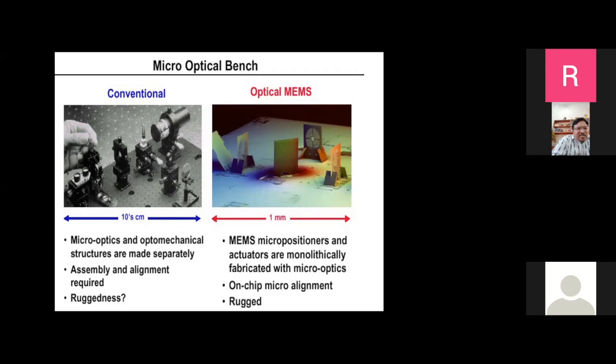Of course, because we are using silicon, we cannot make a laser or a photodetector or some active devices on the same substrate. But still, you can have a lot of control. Mechanical control is achieved by using these optical MEMS. You also avoid the problem of alignments and so on, which are needed in practice.